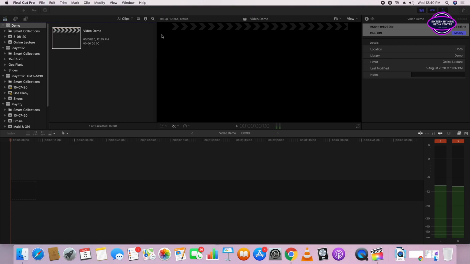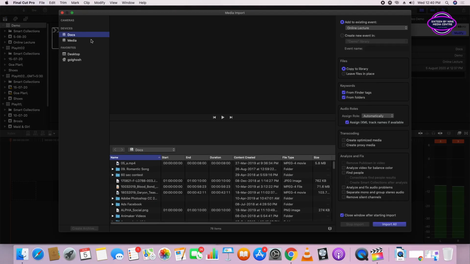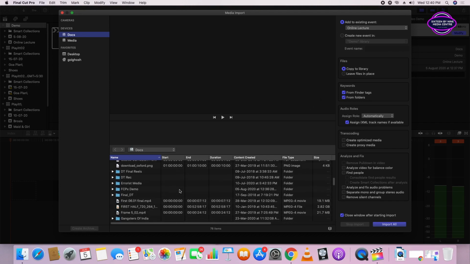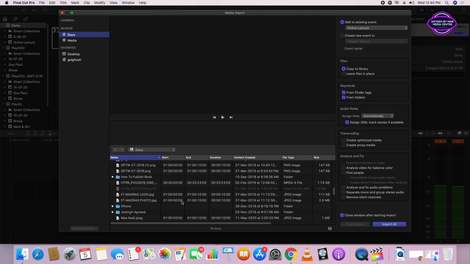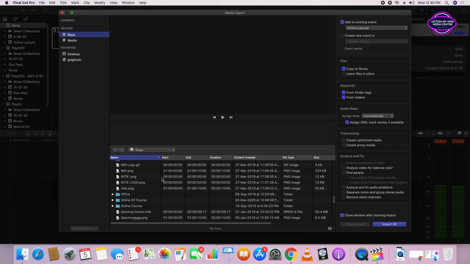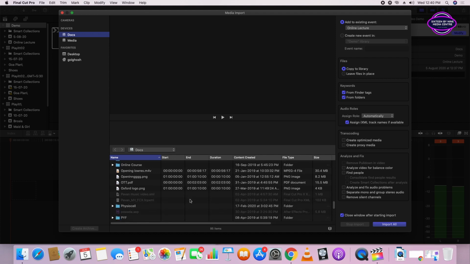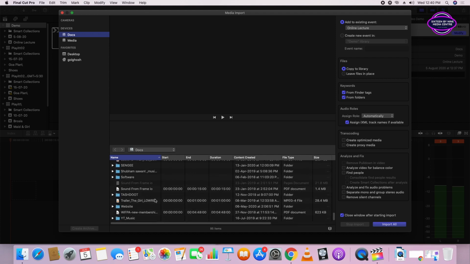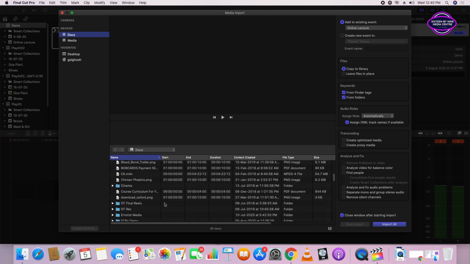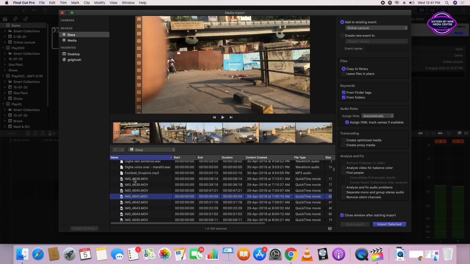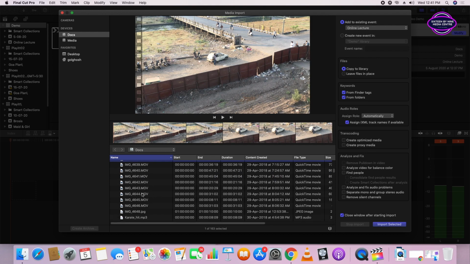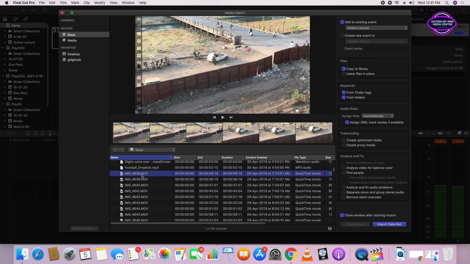So if I press Command I, this is the import window over here, and the whole database you can see over here. Okay, all the files are here. Now let me find a file. Suppose these are the files that I want to edit. So here, if I select one file, now see,